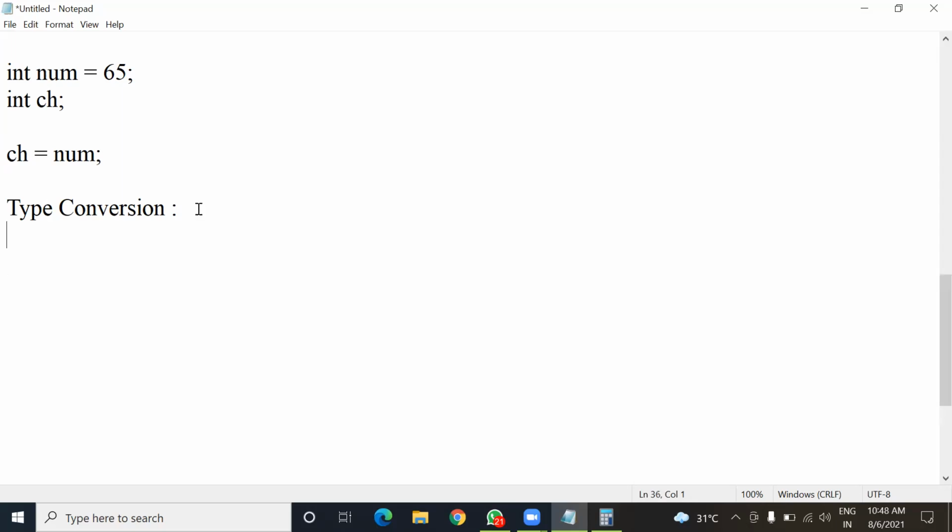Okay, so type conversion is of two types. The first one is implicit conversion, and the second one is explicit conversion.